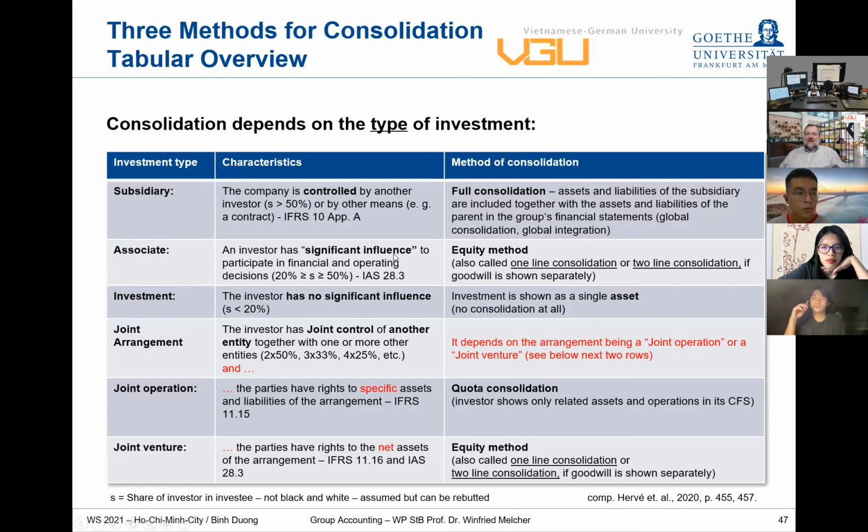Then the business combinations are accounted for using the purchase method or acquisition method, same thing. That is also something we will look into. All right, I think we now have an understanding of how Daimler AG is consolidating the group accounts. So let's look at